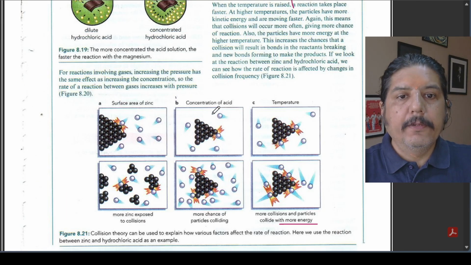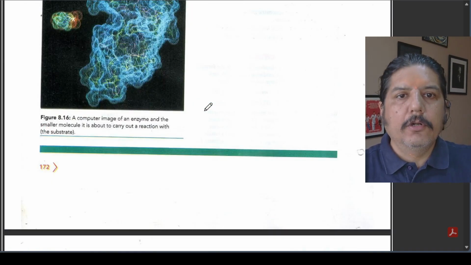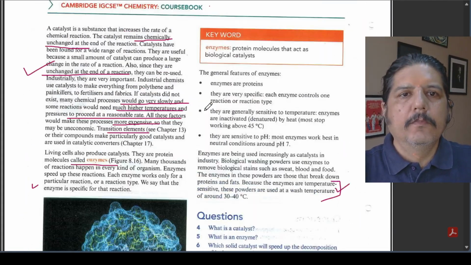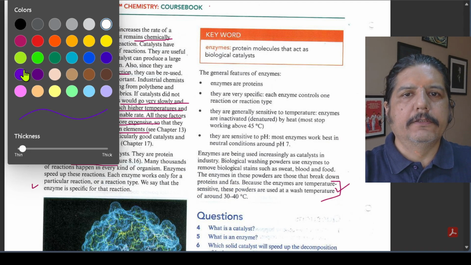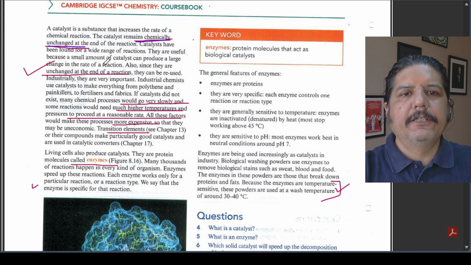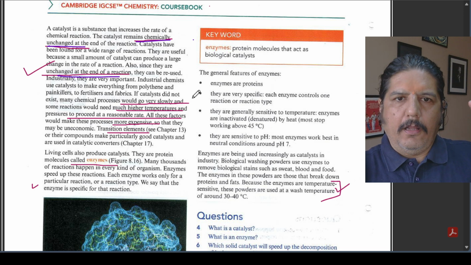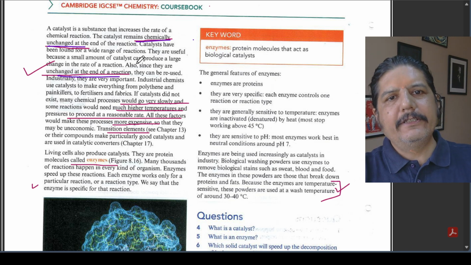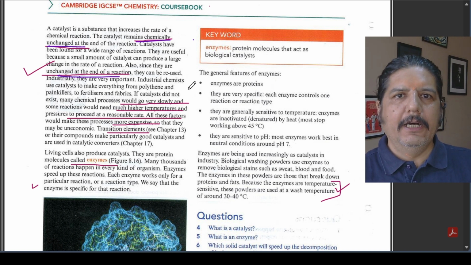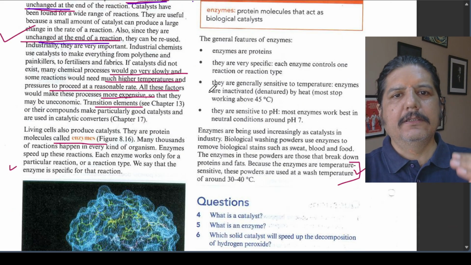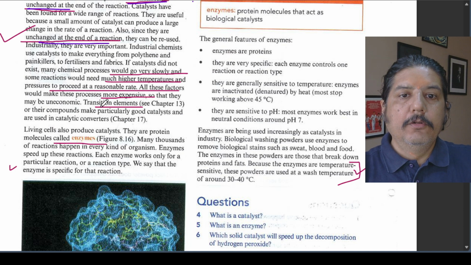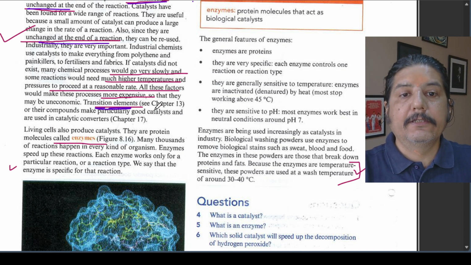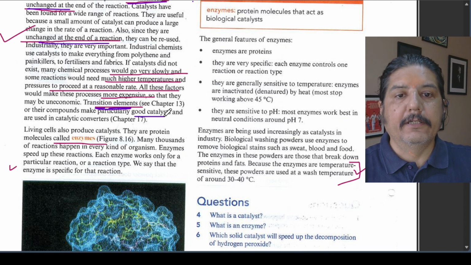There is another interesting topic when you look at your textbook. So here, what I was telling about catalysts: catalysts remain chemically unchanged. They are unchanged at the end of the reaction. So catalysts, because they increase the rate of reaction and are also unchanged at the end of the reaction, become very cost effective. Otherwise, the reaction would have taken place at a higher temperature. And when you study the transition elements, you'll understand that transition elements make very good catalysts. That is another important question which is there in the transition elements.